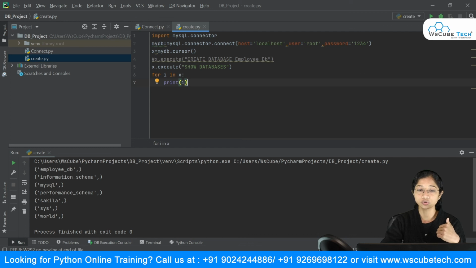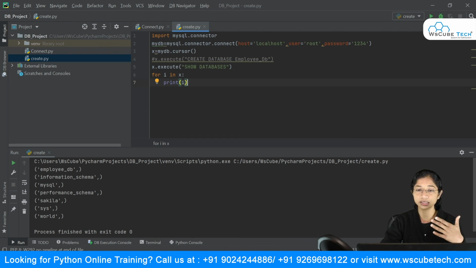I have made use of the execute method here, and I'm writing my query. As soon as I say create database, the query is like create database and the database name. So we are creating the database with the name employee underscore DB.